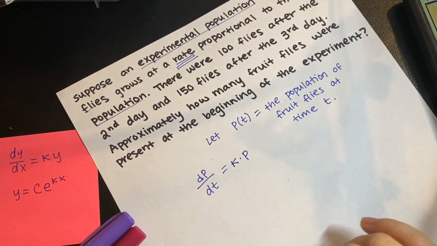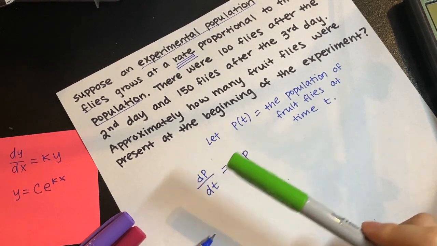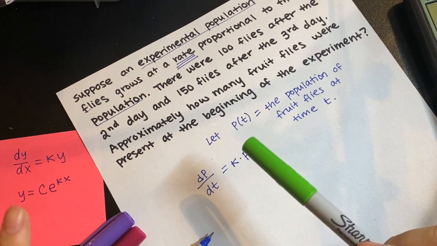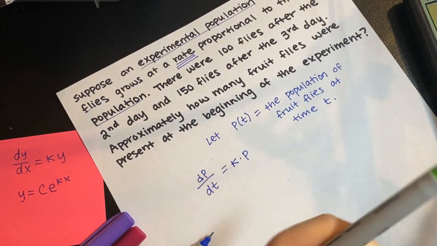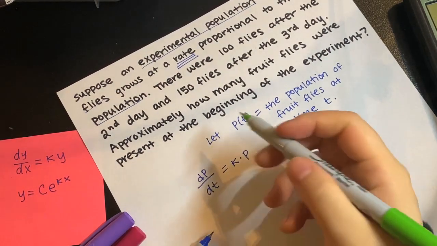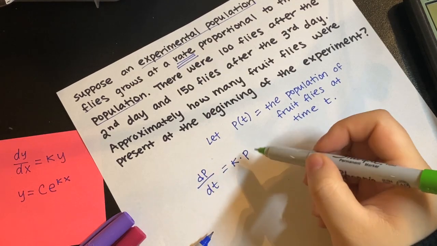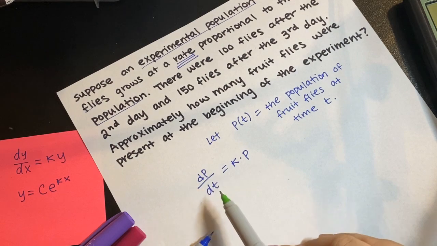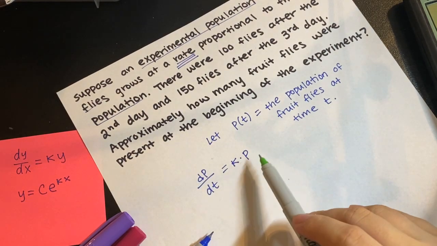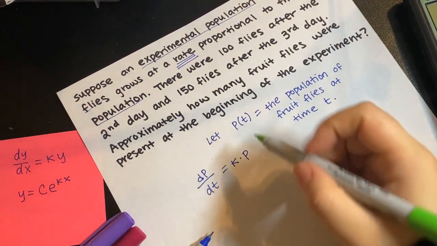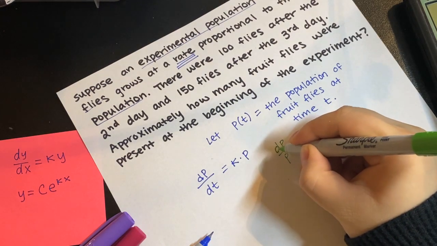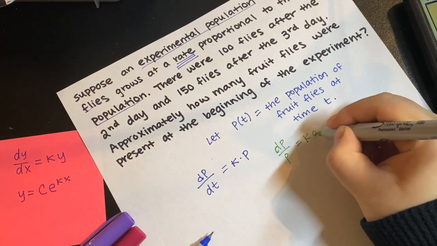Now, on the test, if this is a free response question, you might have to carry out that same derivation that we did on the whiteboard. So we'll run through it quickly since we already did this. This is our general formula again, right? dy/dx equals k times y. So we're going to separate this: dP over P equals k dt.